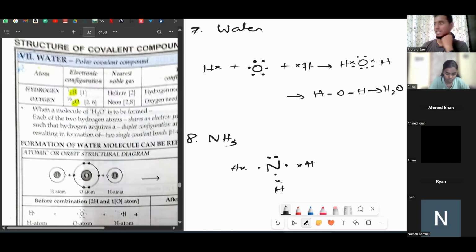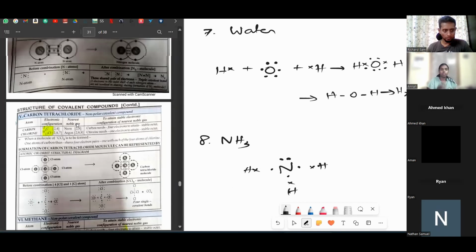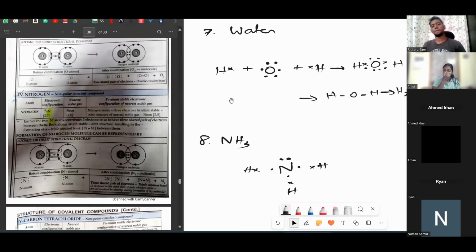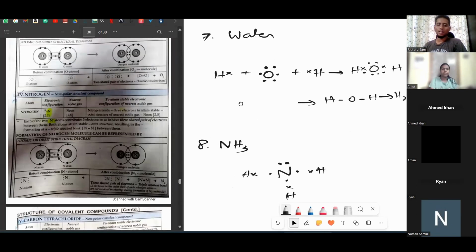And 2 of the nitrogen's electrons don't take part in the sharing. Correct? Okay. Now,